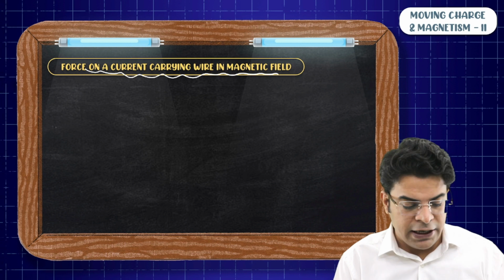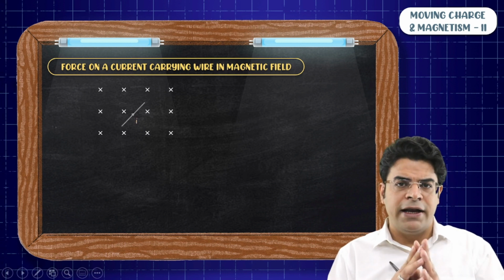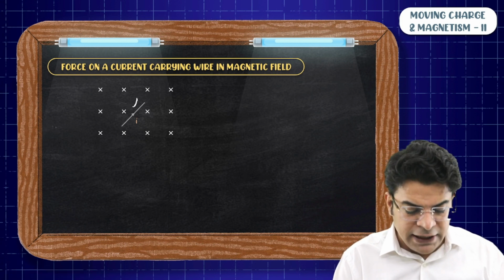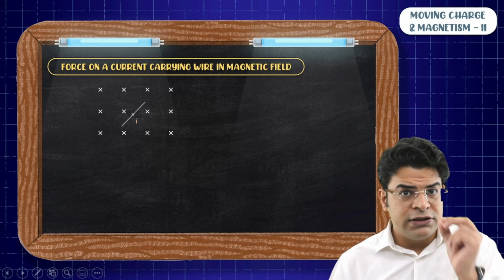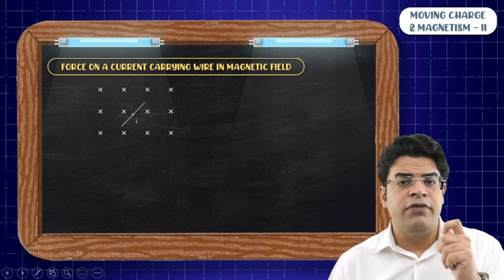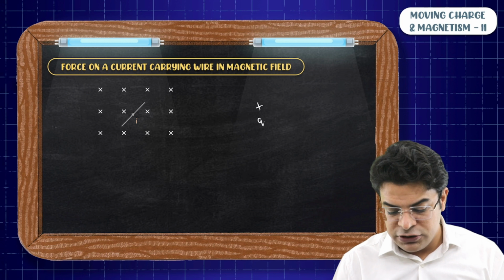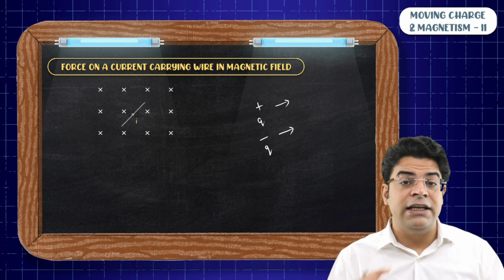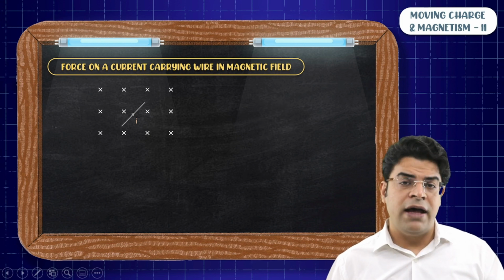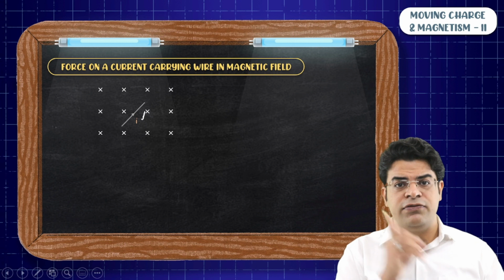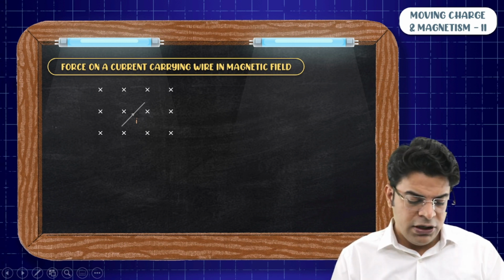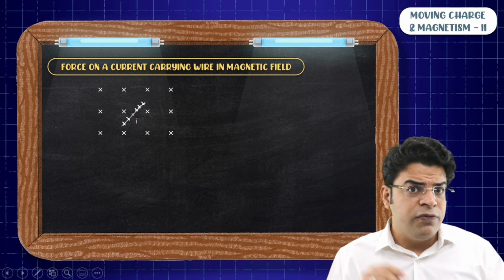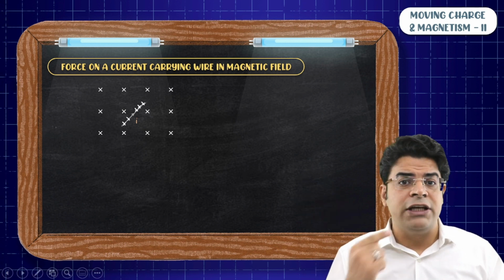placed in a magnetic field. Let's say we have a magnetic field into the plane of the screen and there is a current carrying wire. Now we understand that current is predominantly defined as the flow of positive charge. So if the positive charge goes towards right, the current is towards right. If the negative charge goes towards right, we say that the current is towards left. So if you have a current carrying wire carrying, let's say, current this way, you can think of it as if the positive charges are moving in the direction of current. And if these positive charges are moving, they will experience some force.